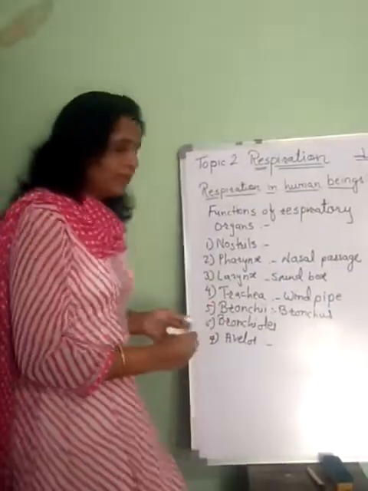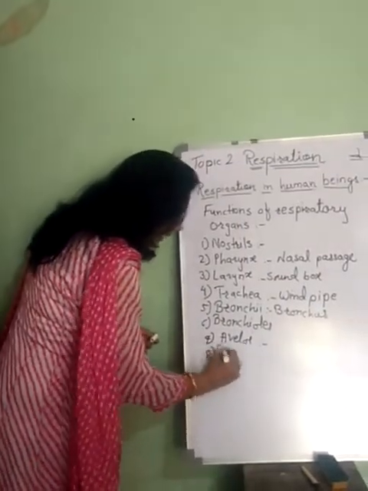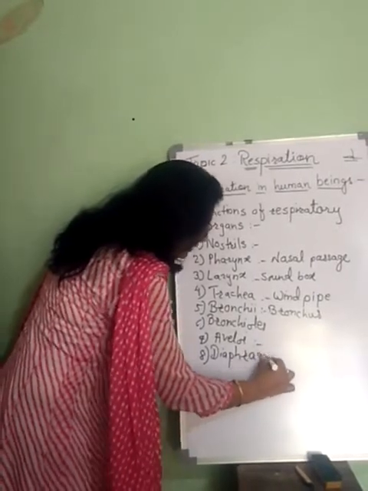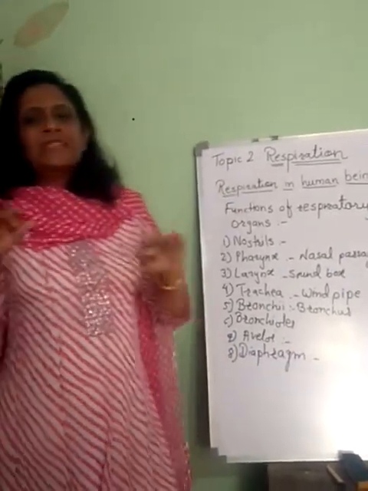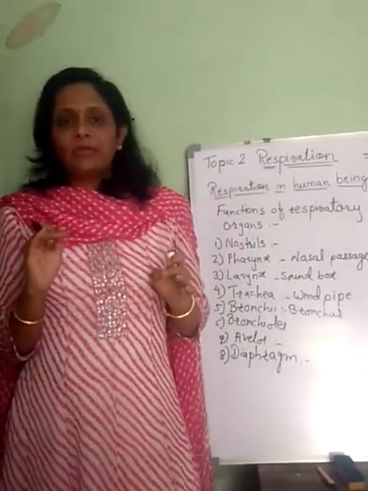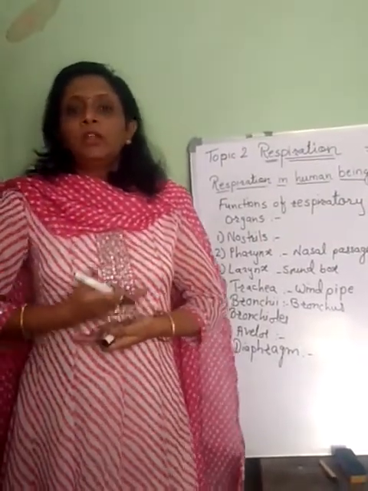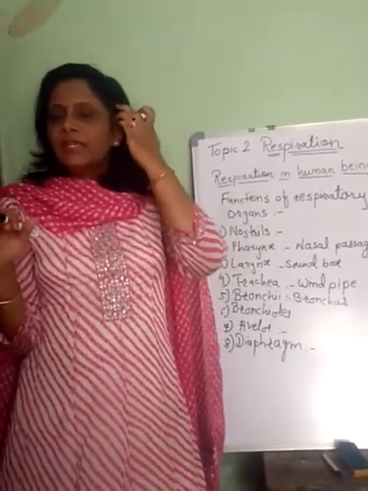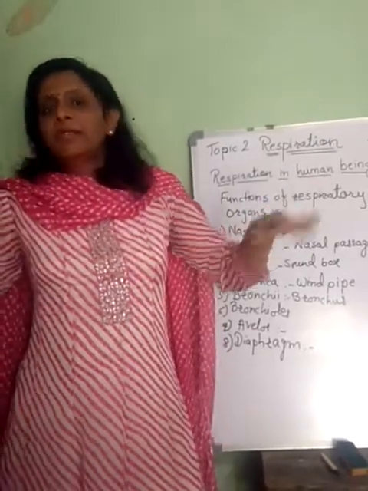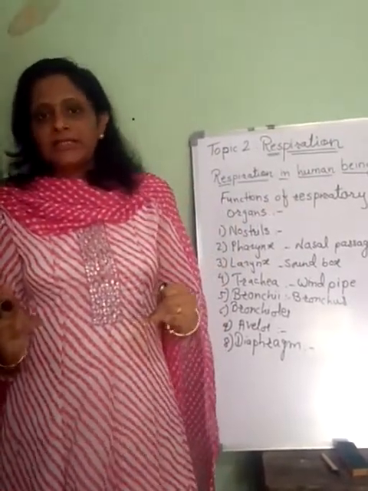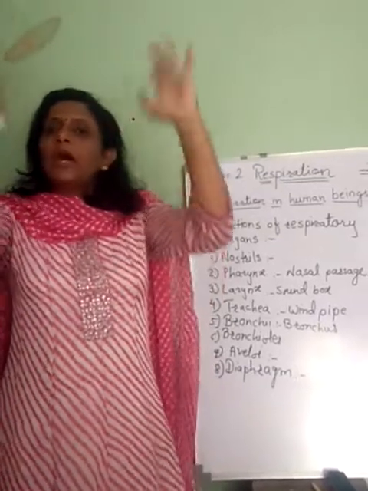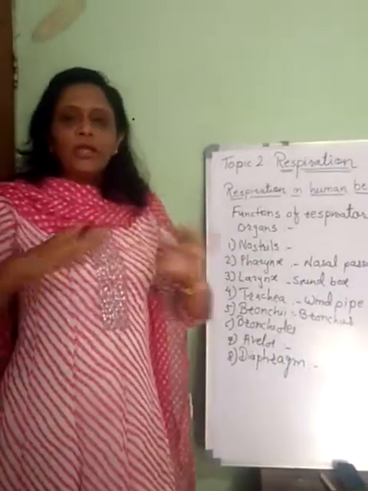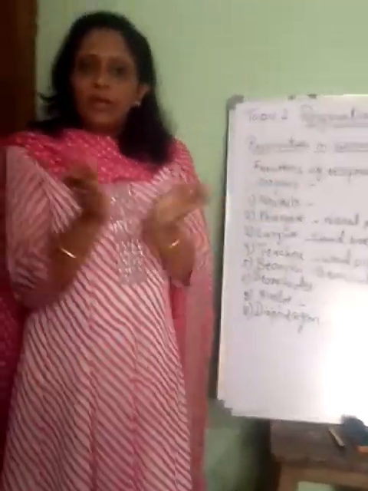Then one more organ, that is called the diaphragm. I have shown you yesterday, and this diaphragm is actually a partition or small septum. In Marathi we call it padda, as I have said. It is in between the thorax and the abdomen. When this partition expands, the air goes into the lungs, and when it relaxes, the air goes out of the lungs. So that is the main mechanism of the diaphragm: when it expands, the air comes inside, and when it relaxes,